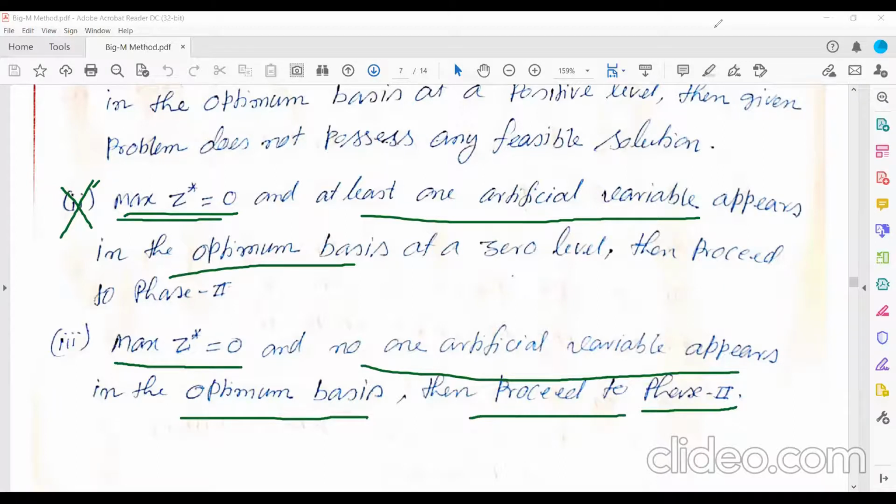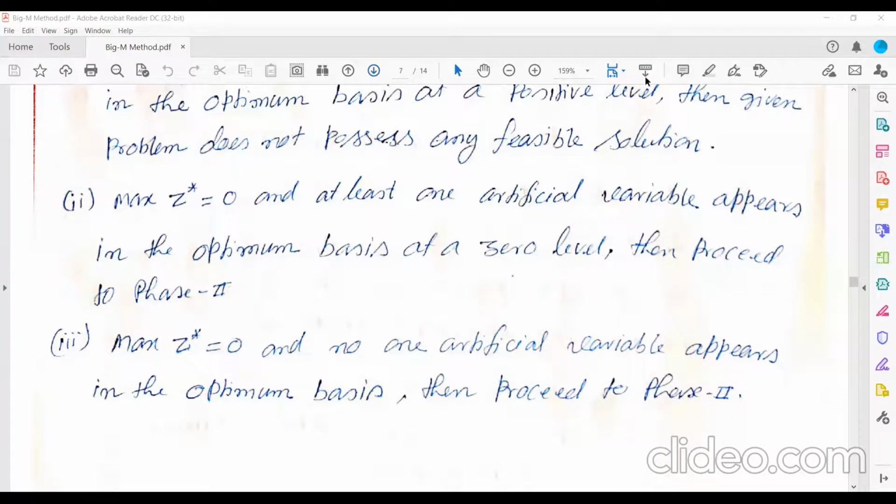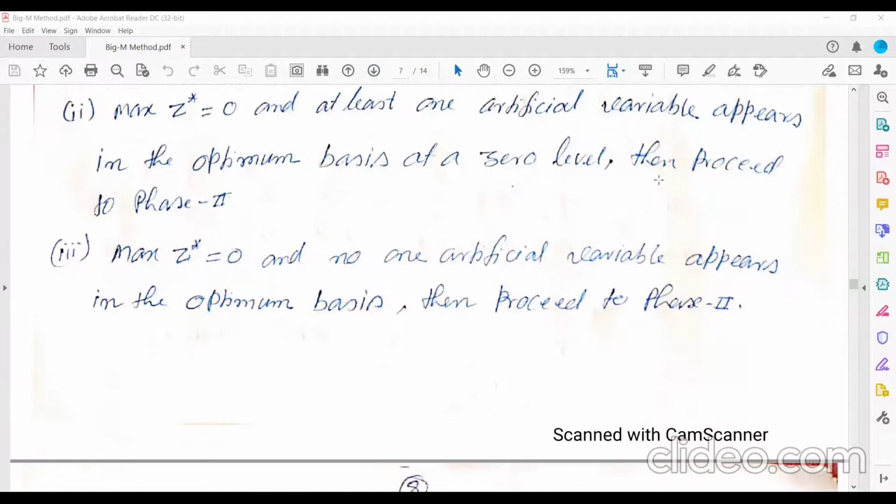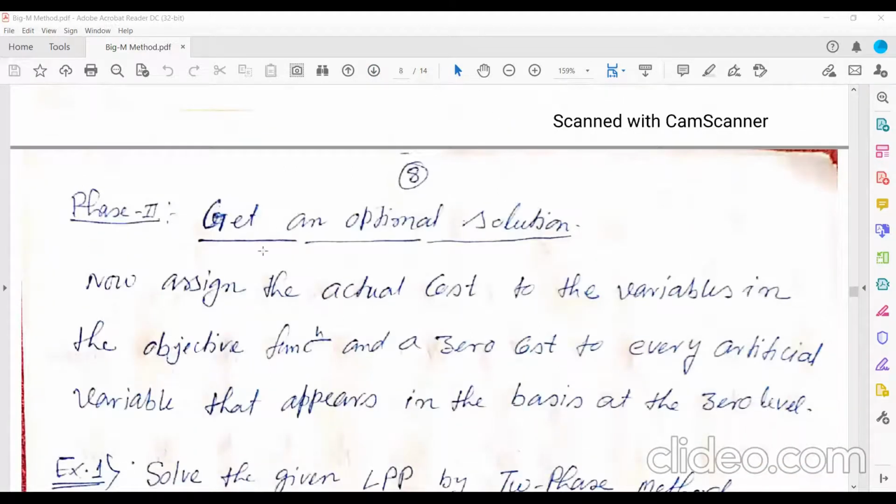So what is phase 2? In phase 2, we need to get the optimal solution. How will you get it? We will take the same simplex table, the last simplex table which you got in phase 1.